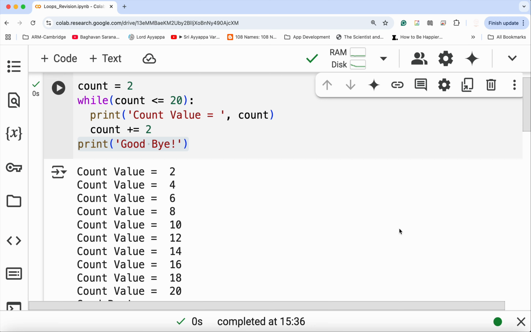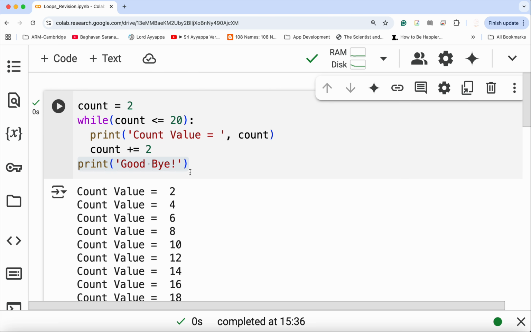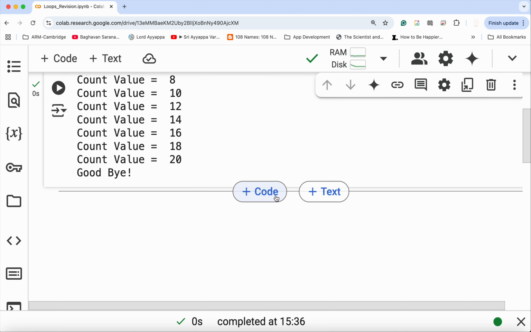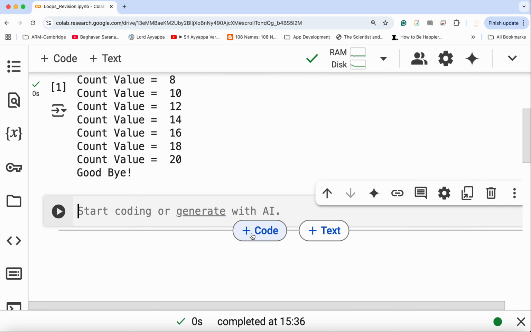So in the earlier video, we saw how we can implement or create this output using the while loop. Now I'm going to show you the same thing using the for loop and the range function. So what we're going to do is create a new block here, and I'm going to say, using the for loop, for item